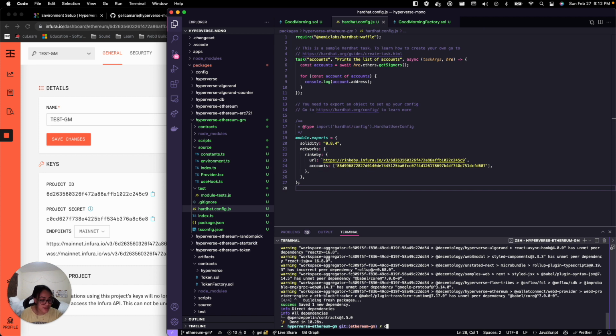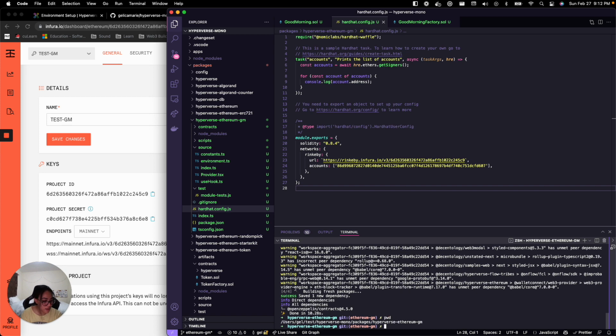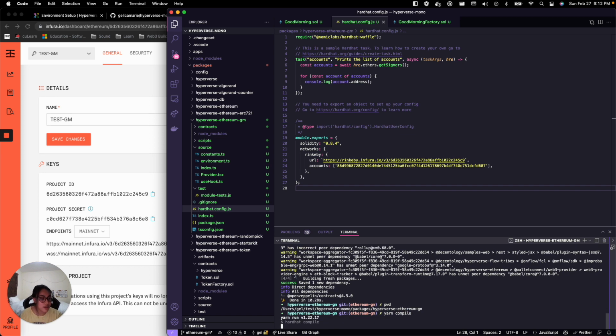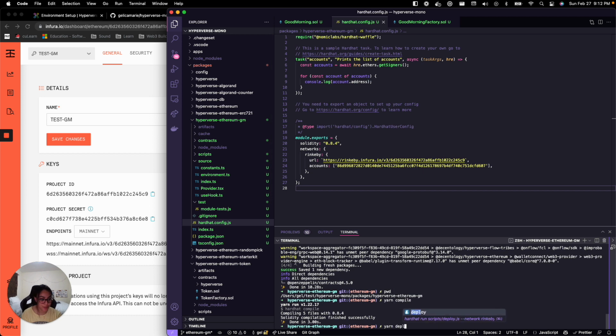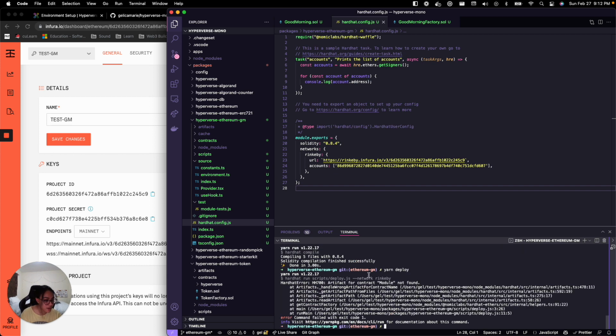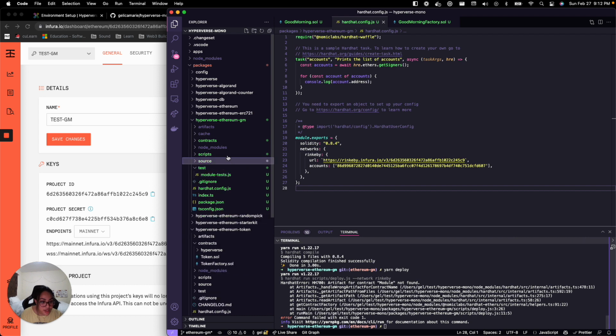So that's good, and I'm gonna go CD into, where am I? Okay, so I'm gonna actually compile it first and see if I have any errors in my contracts. Hopefully not. And it's good. And I'm gonna yarn deploy. So the deployment script is already set up, so just do yarn deploy and that's gonna set it up for you. Oops. I actually need to configure the